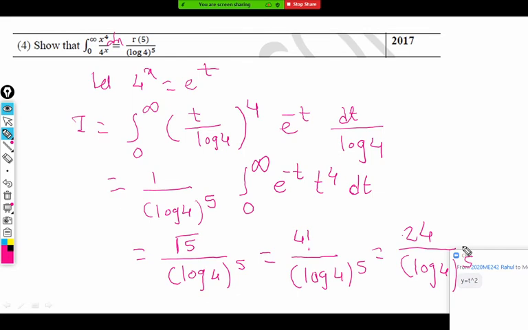Any doubt? Sir, how did factorial 4 come? Gamma 5, gamma n plus 1 is n factorial, no? Are you getting it? Gamma n plus 1 is n factorial provided n is an integer. We already used this in the previous example. Gamma 3 is written as 2 factorial. I wrote gamma 3 as 2 factorial in example 2.